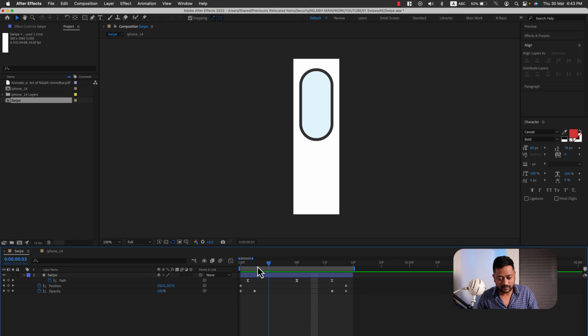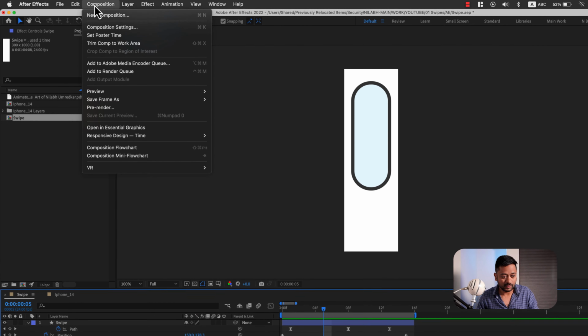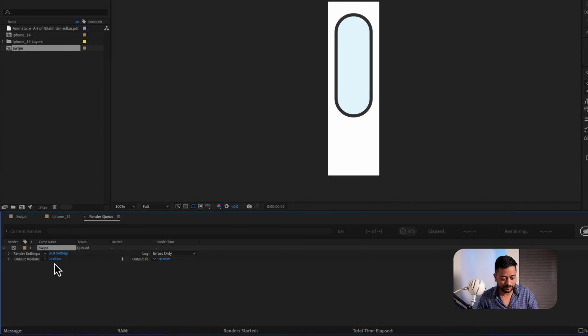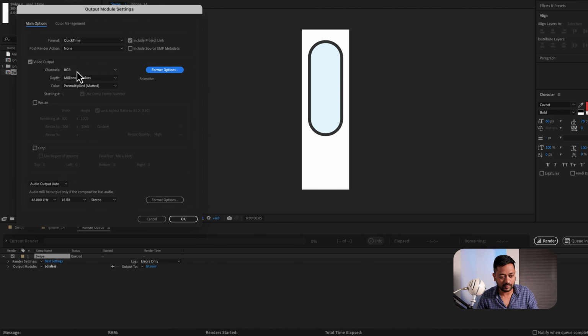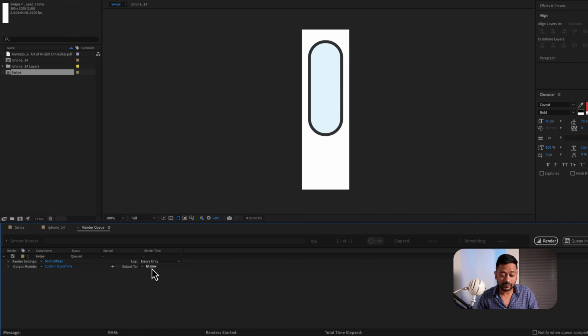Just go to your composition, have the range selected from start to end, the B and the N key, go to composition, add to render queue, go to the output module here, the lossless word, click on it, go to format options, and you can select any Apple ProRes or animation. I'll just keep it at animation for now, but make sure you select RGB plus alpha so that the white background doesn't export in your output. After selecting RGB plus alpha, just click OK, select where you want to save the file, click save and hit